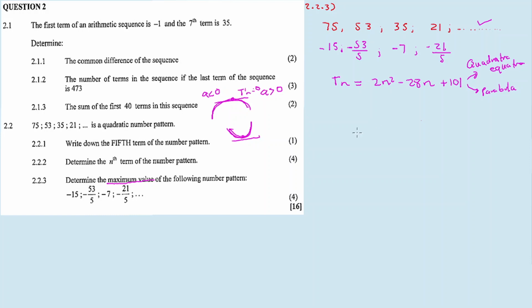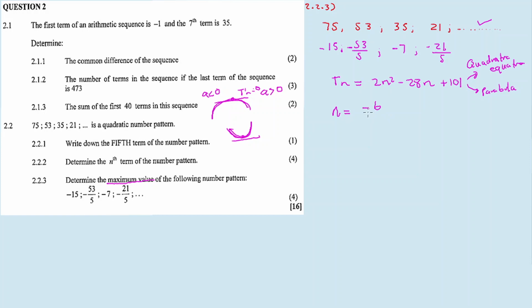So we can either use a first derivative, or we can use the turning point of a parabola, n is equal to